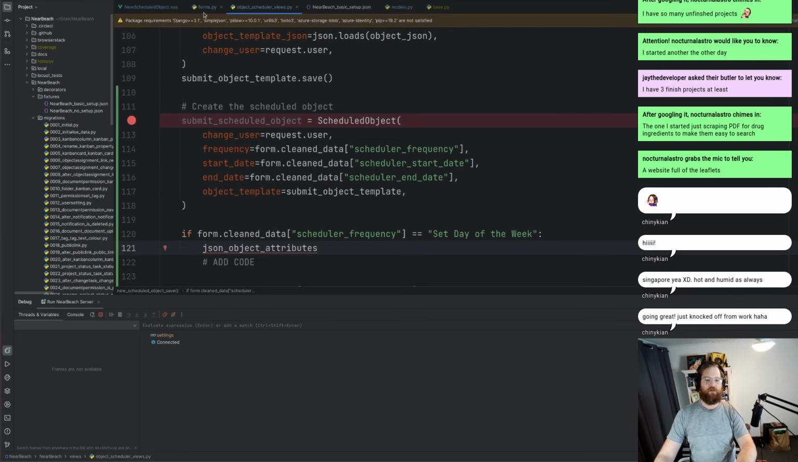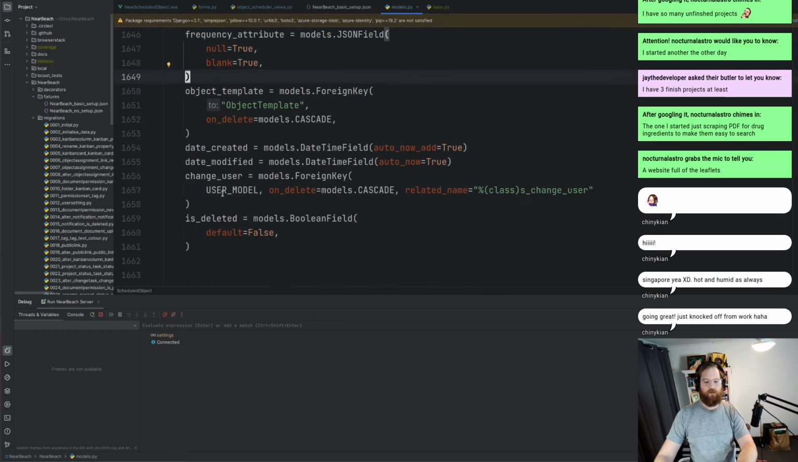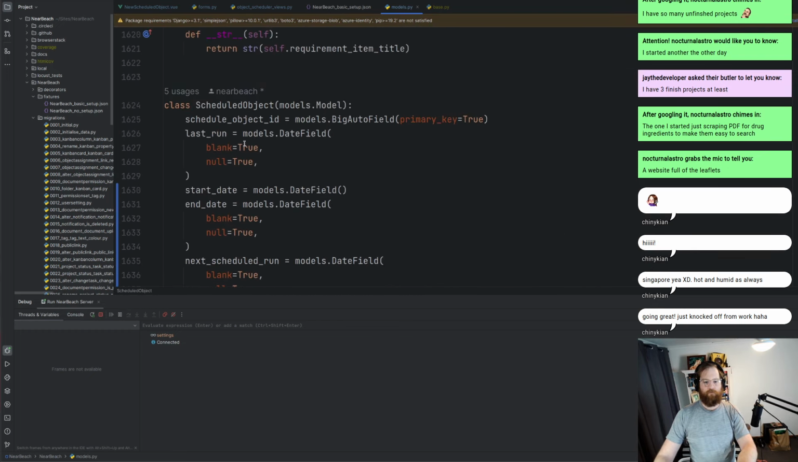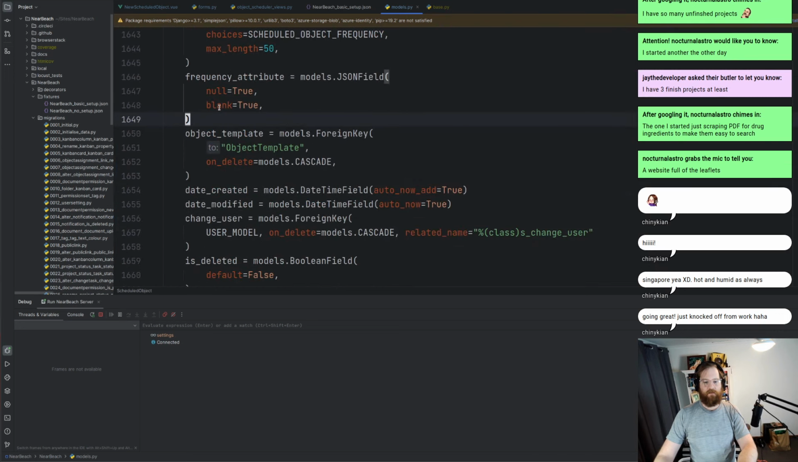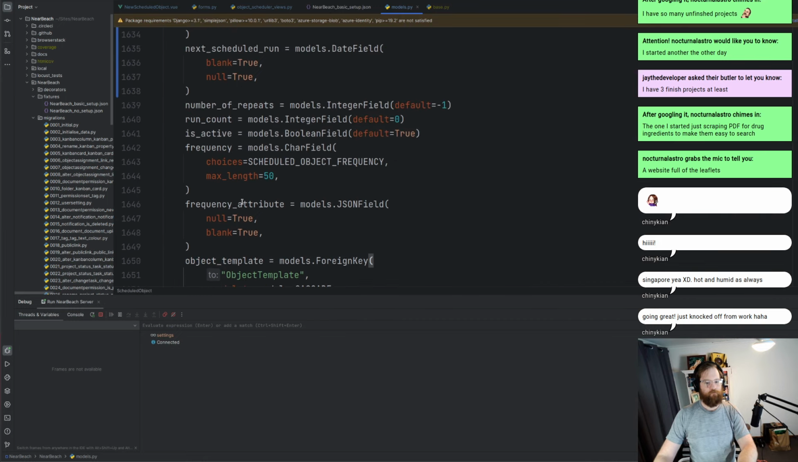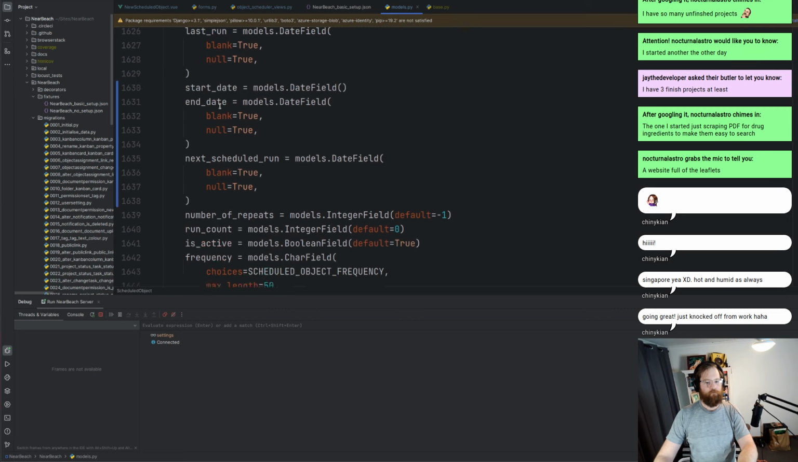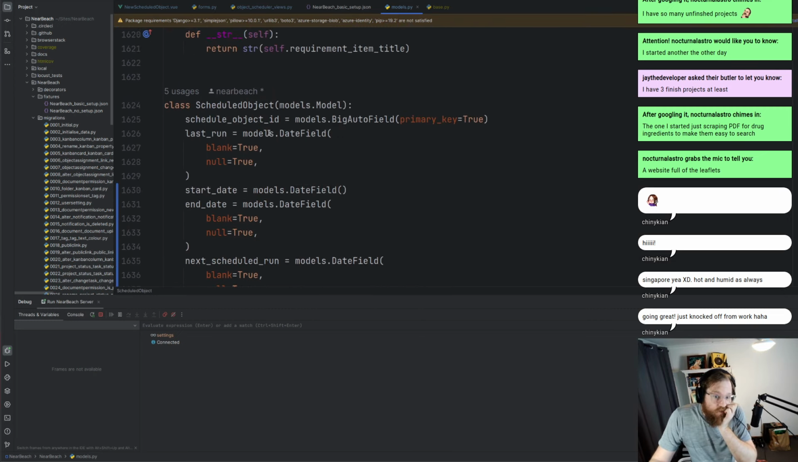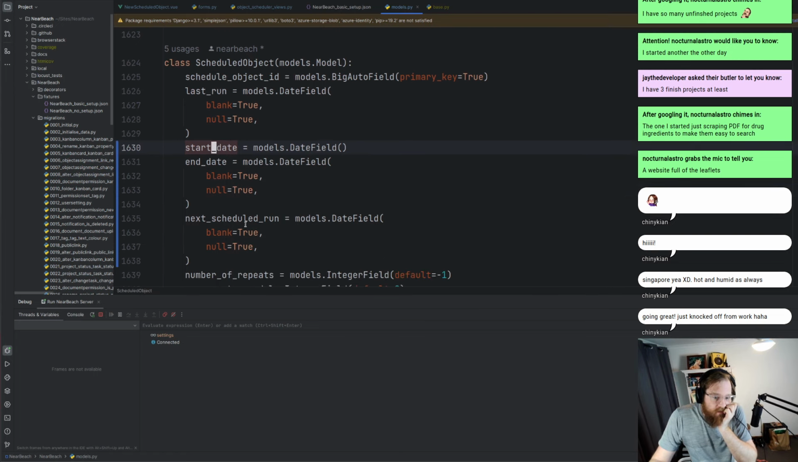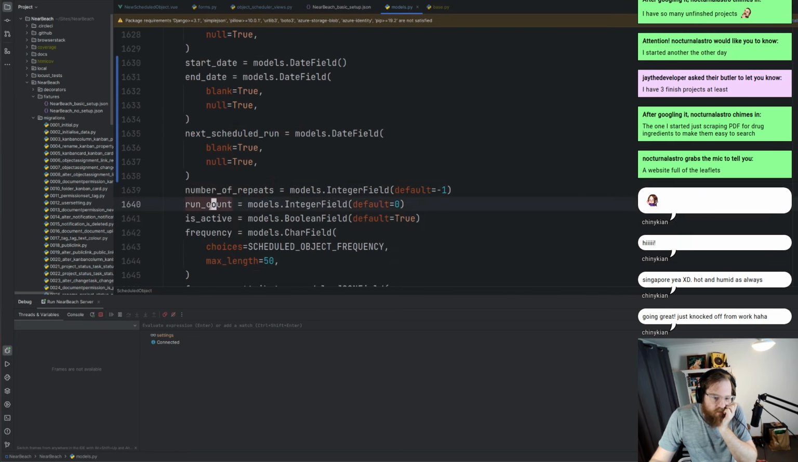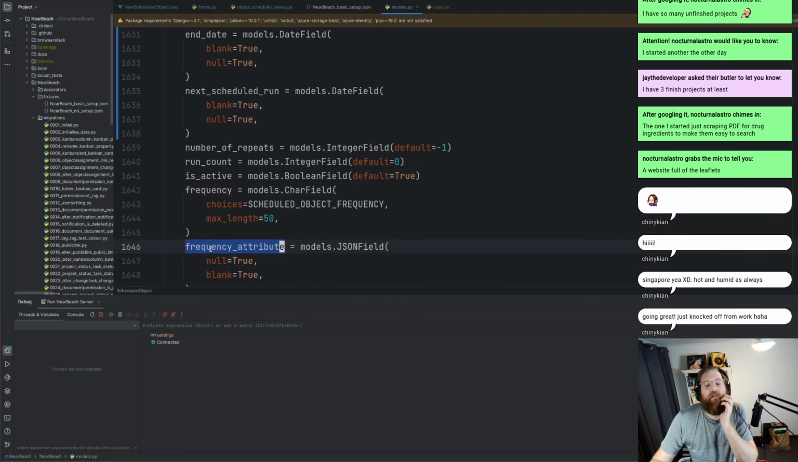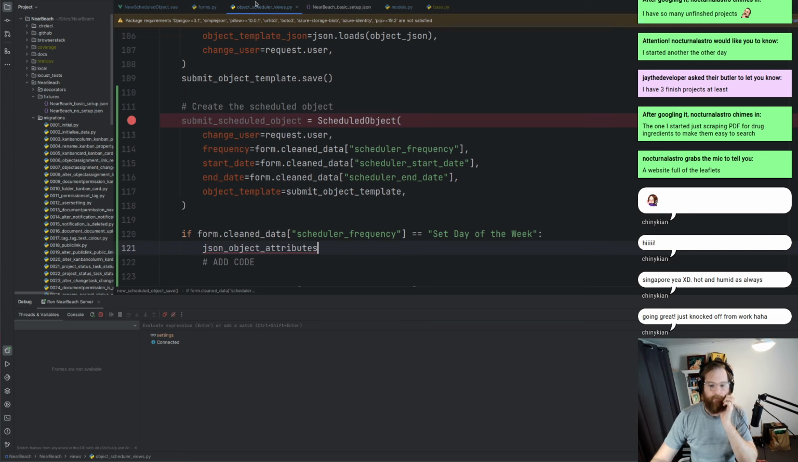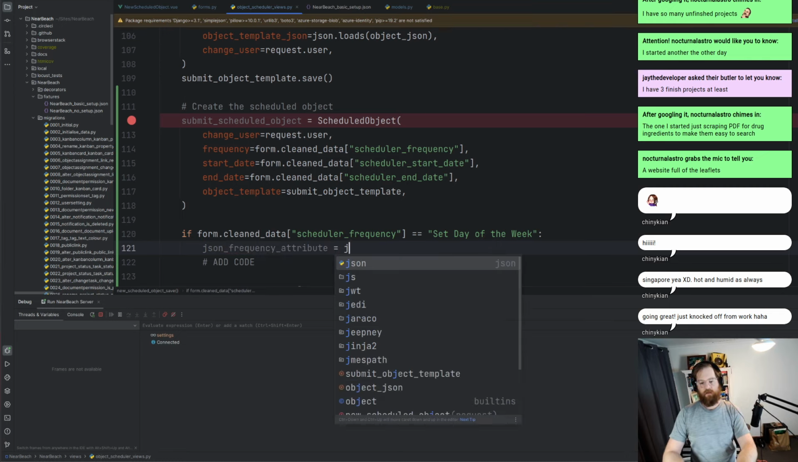attributes. What do we actually call the field itself? That's scheduled objects. I've lost it now. Shoot. Start date, end date, next scheduled run, number of repeats, run count, is active, frequency attributes. So what we want is we want to copy that. I'm going to paste that in. We're going to go JSON frequency attributes equals JSON dot